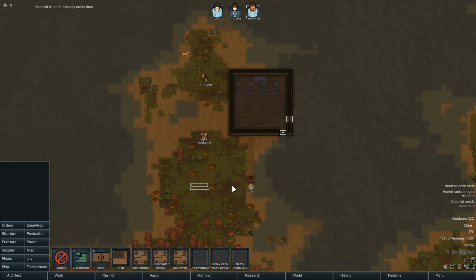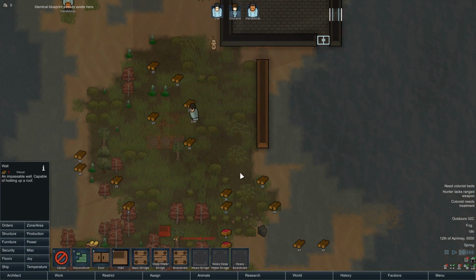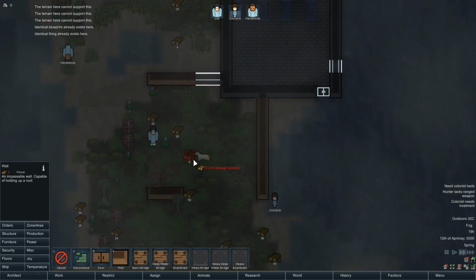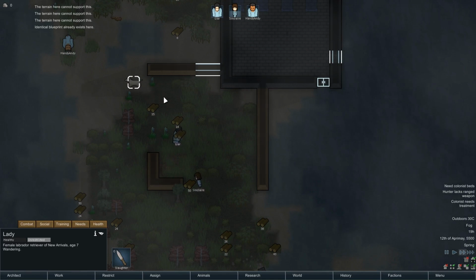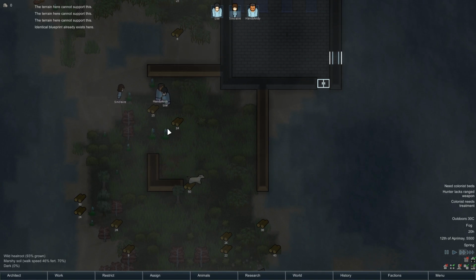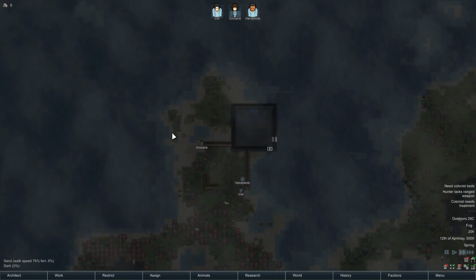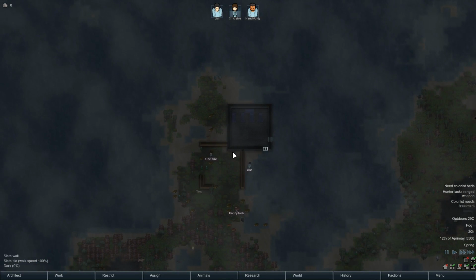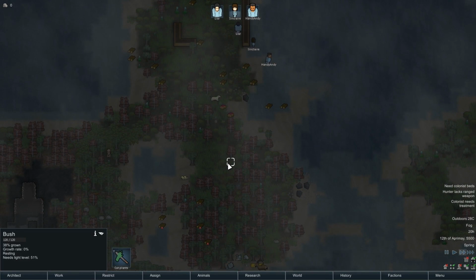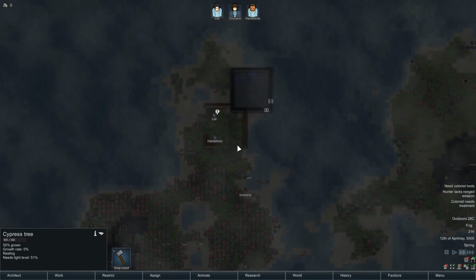What? What's going on there? Why can't I put the door, the wall there? Oh, it is actually the terrain. The terrain cannot support this. What is it then? Marshy soil. Oh, no. That's gonna be a nightmare, isn't it? Yeah. Don't like this at all. If I can't build there, I can't build anywhere. Yeah. Oh, this is gonna be...